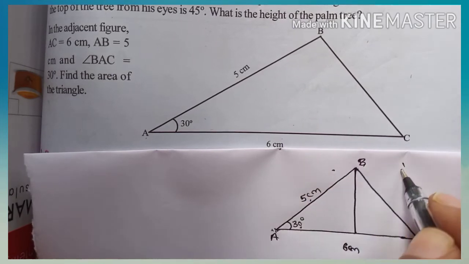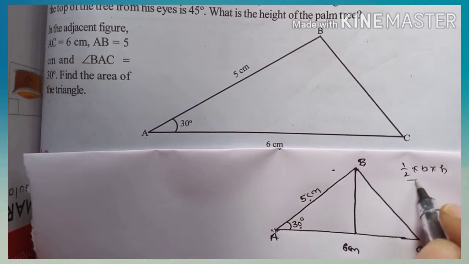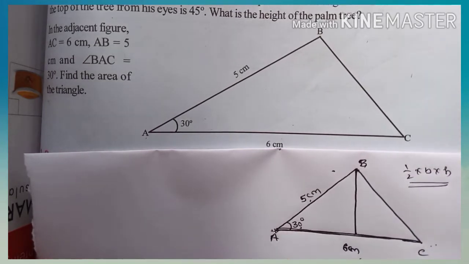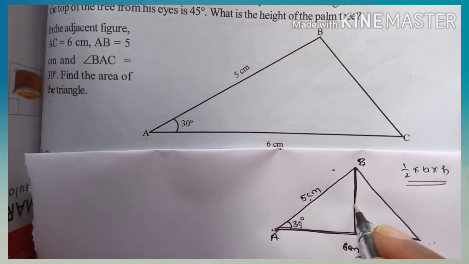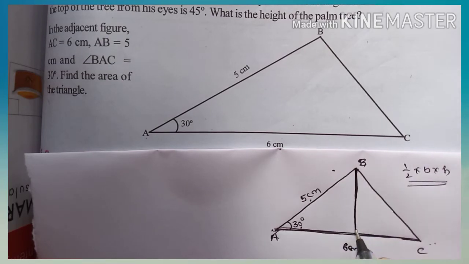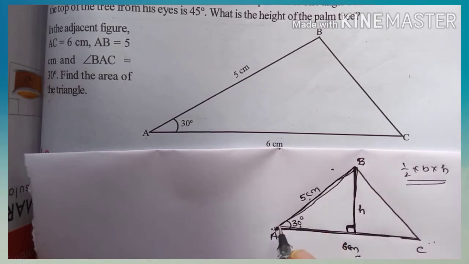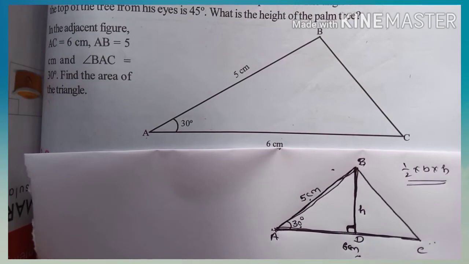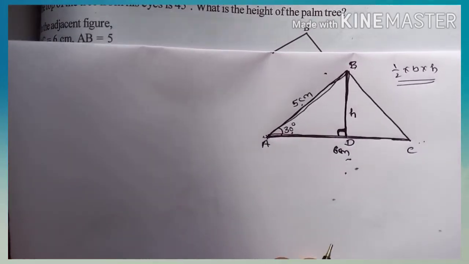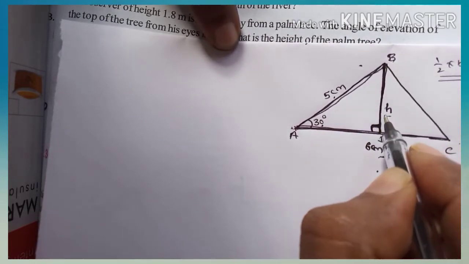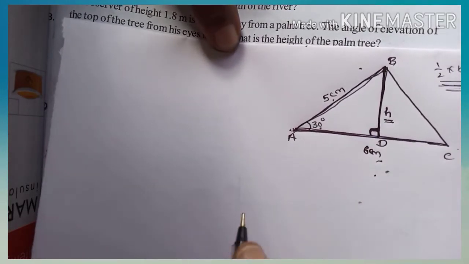We know the area of a triangle is equal to half into base into height. They have clearly given the base value, which is equal to 6 centimeters. We have to find the height. So that is why I have drawn here a perpendicular line, which indicates the height of the triangle. If we consider this as a right triangle, with ABC completed, this is called D. Now find the value of the height BD, the H value, then you can substitute in the formula.